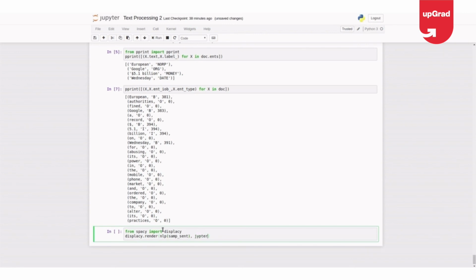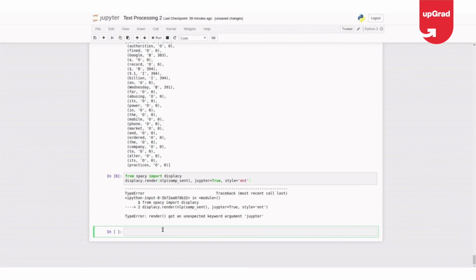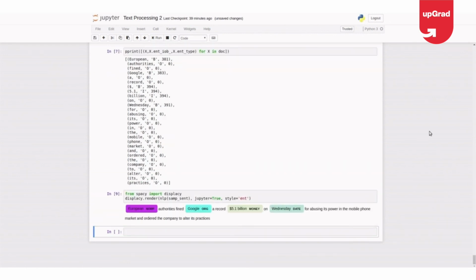It's a Jupyter notebook, so we have to use this command for Jupyter: jupyter equal to True, comma style equal to ent. Sorry, spelling. So yes, it is showing you in a better format with tagging. I mean displaCy rendering: European NORP, Google ORG, money, date, and all.